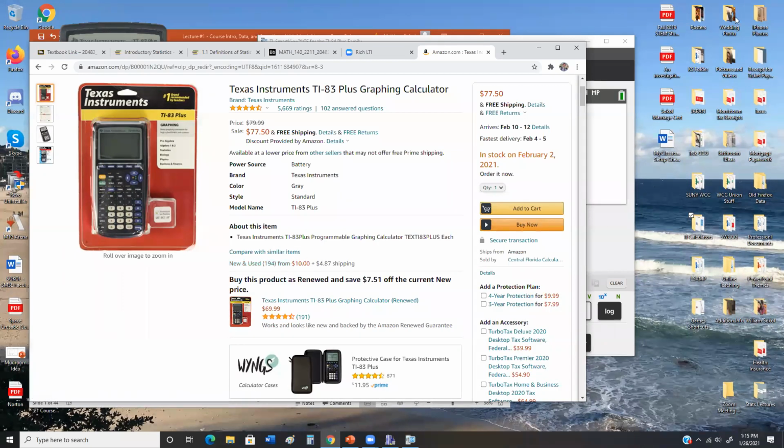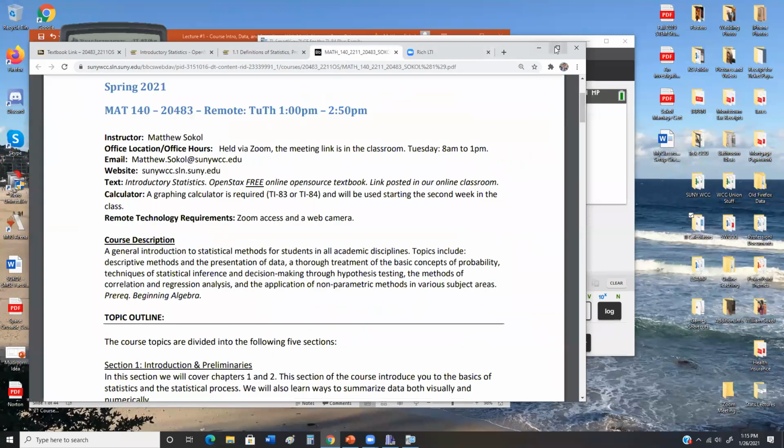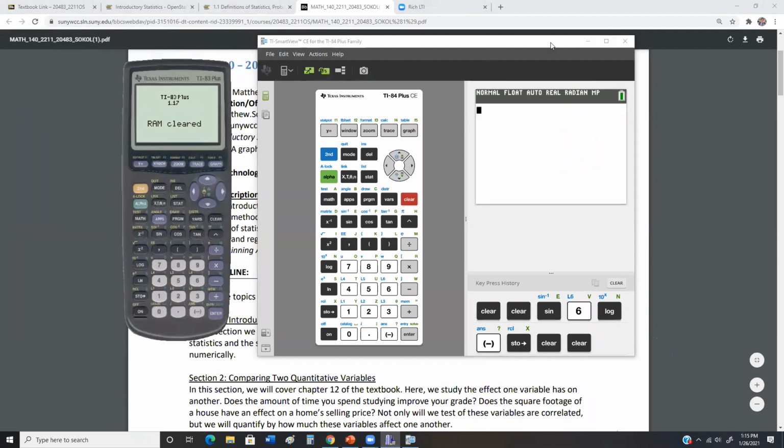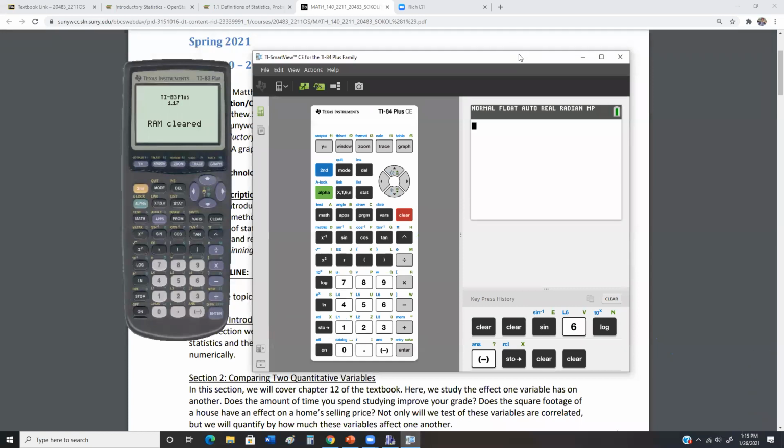Did you say a TI 83 is perfectly okay, or a TI 84? Here's the thing: you could actually do the class without a TI calculator. Here's how class is basically going to run. Whenever we introduce a new topic, I'll show you how you do it by hand, and we'll go through the painstaking process of doing the calculation by hand. Then I'll say, in the real world, nobody really does it by hand, so let me show you how to use your graphing calculator. When you do the homework and on exams, you're free to use the graphing calculator.